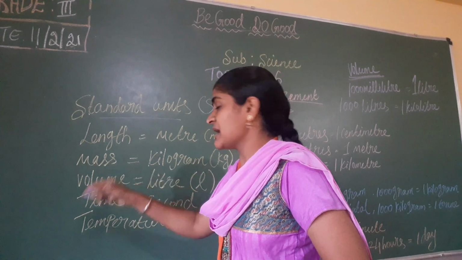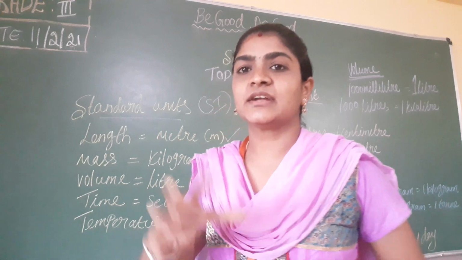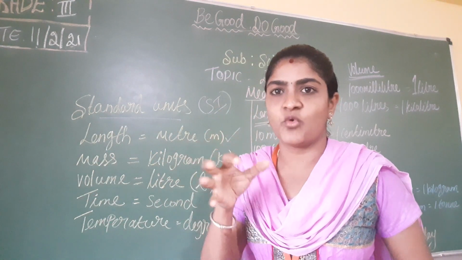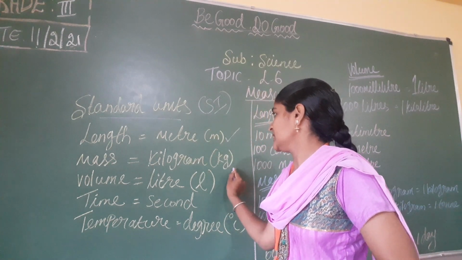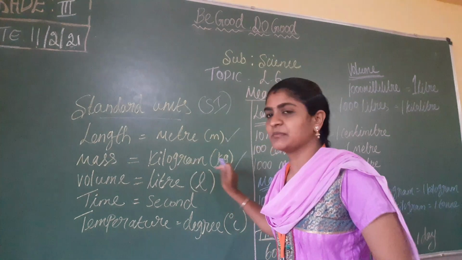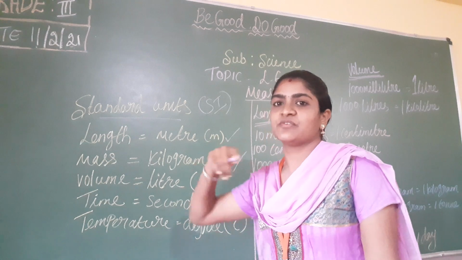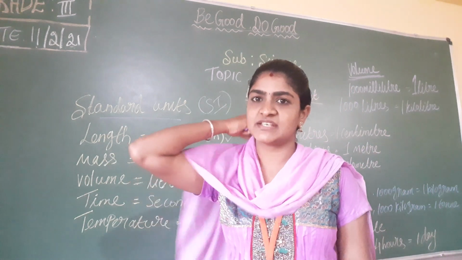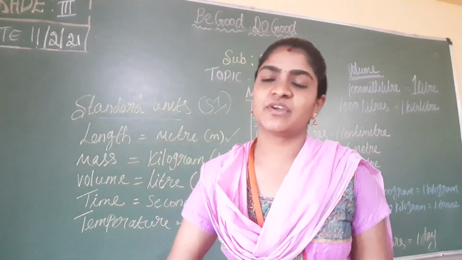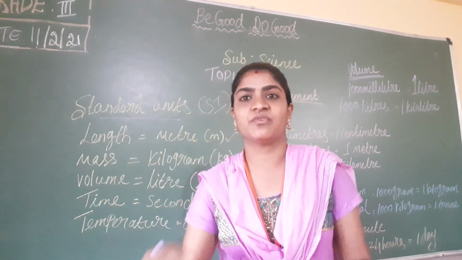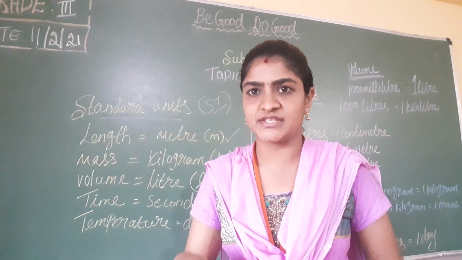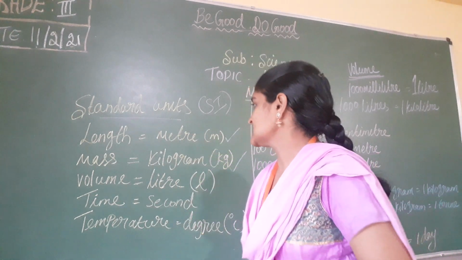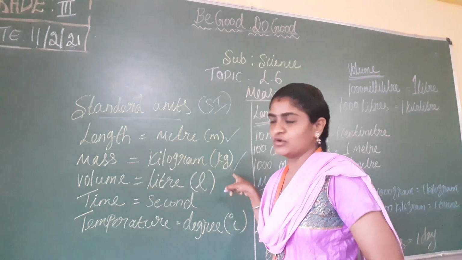Next one is mass. Mass is like if you want to get a quantity of something, you always calculate in kg. Kg is nothing but kilogram. If I want to buy dal, they will measure and give it. They won't just give as much as I want by guess. If I ask for 1 kg or 2 kg, they will measure and give it to us. So mass is measured in kilograms.